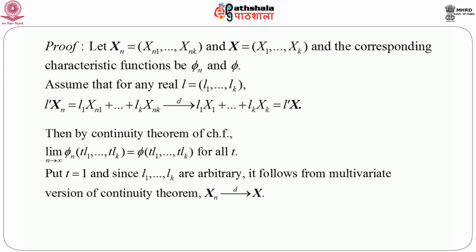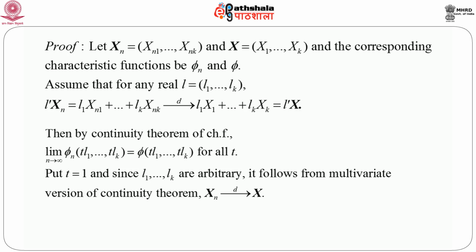Now, naturally the converse can be proved by exactly similar arguments. We assume that the X_n vector converges to the X vector in distribution, and then we write down the characteristic function of these vectors. Since this is convergent, from there we can go on to create a linear combination of this sequence of random vectors, which essentially converges to a particular random vector in terms of univariate random variables, which is a function of the components of the random vector.